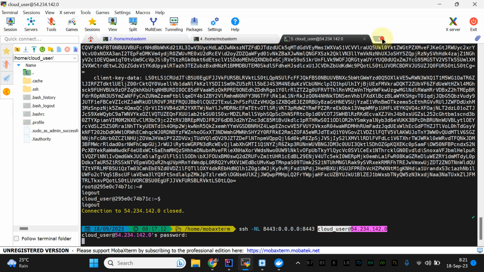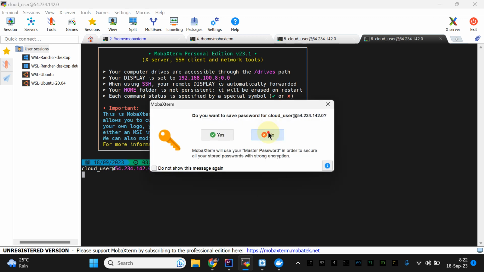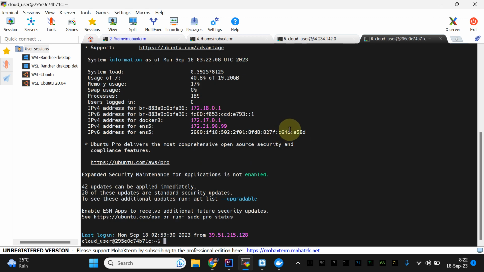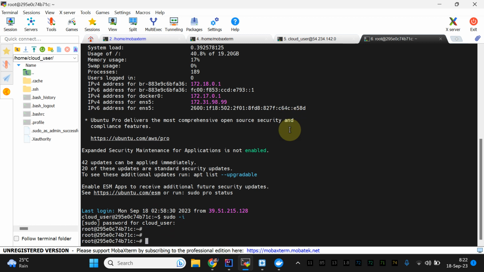So we are going to use the CLI and SSH into this. This is our kind cluster, guys. I'm going to do the repetitive stuff, and you will see the 100 gigabytes of this are going to be available here. If I do sudo -i and become root,